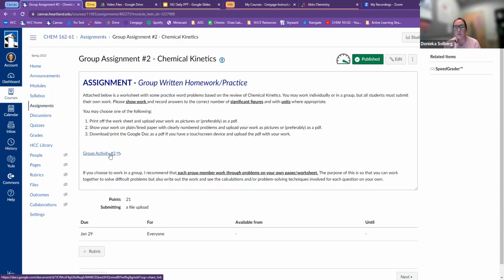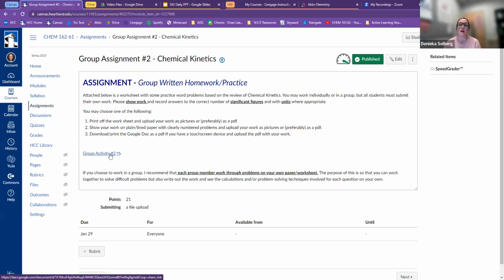I had a couple questions about group work and if you can just submit one for a group, and that's not how it's going to work. You are all going to submit your own for multiple reasons. First of all, so that you can actually work through the problem, even if you're problem solving in a group. So problem solving in the group is great. It helps you kind of think in different ways, but you do need to solve it with your own pencil because that will help you in understanding how that problem solving process will work when we get to the test,